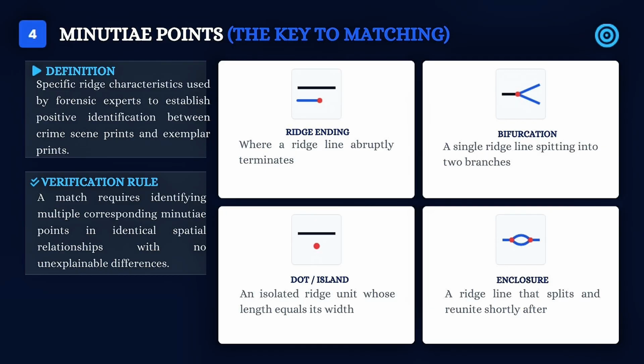When experts compare fingerprints, they focus on minutiae points, the specific ridge characteristics used to establish positive identification. Key minutiae details include ridge ending, bifurcation, dot or island, and enclosure. According to the verification rule, a match requires identifying multiple corresponding minutiae points in identical spatial relationship with no unexplainable